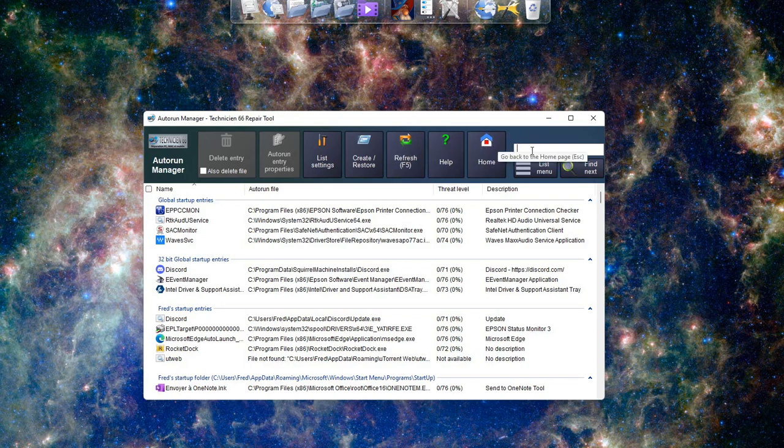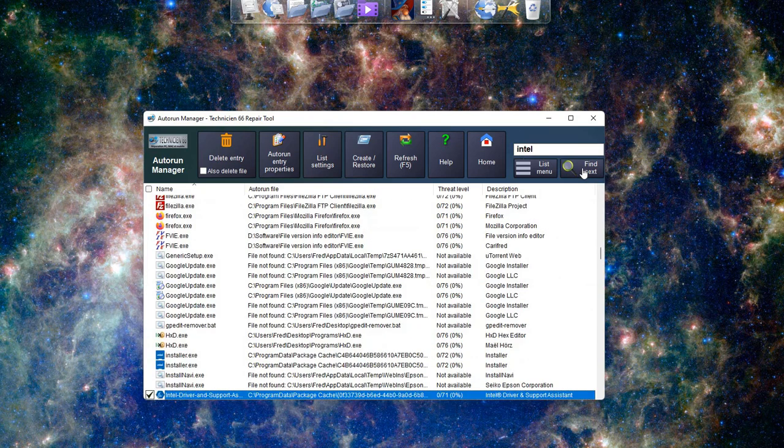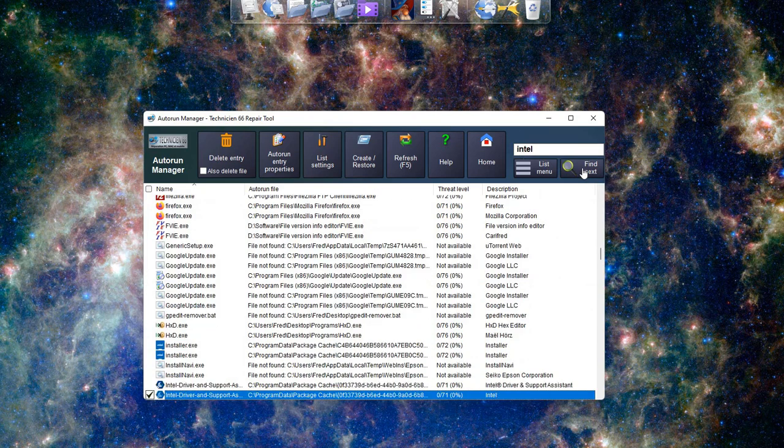Let's try searching for Intel. Keep pressing the Find Next button or the F3 key until you find the desired item, or you get a